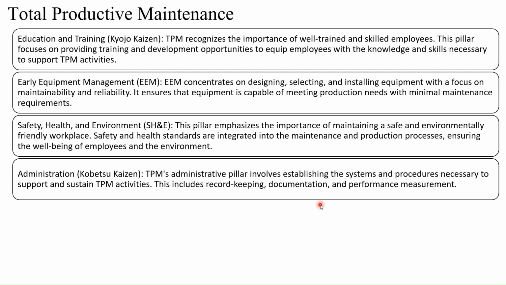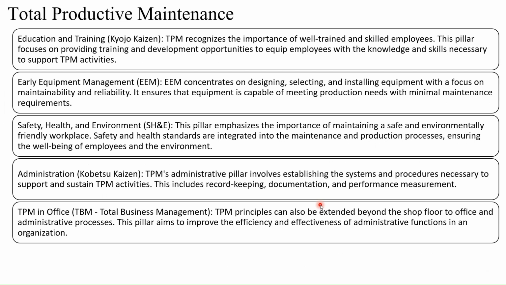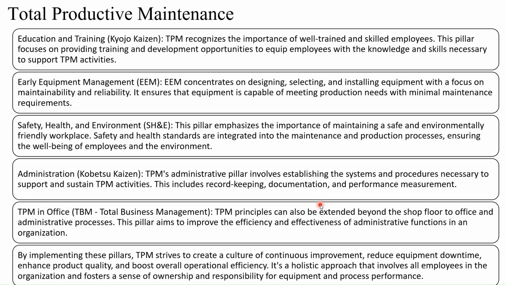Administration, Kibetsu Kaizen. TPM's administrative pillar involves establishing the systems and procedures necessary to support and sustain TPM activities. This includes record-keeping, documentation, and performance measurement. TPM in office, TBM, Total Business Management. TPM principles can also be extended beyond the shop floor to office and administrative processes. This pillar aims to improve the efficiency and effectiveness of administrative functions in an organization. By implementing these pillars, TPM strives to create a culture of continuous improvement, reduce equipment downtime, enhance product quality, and